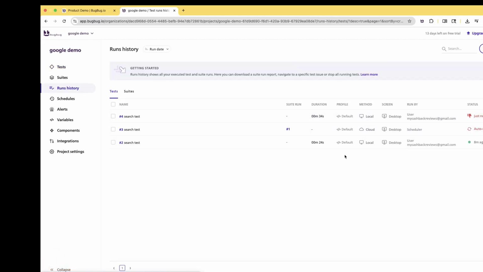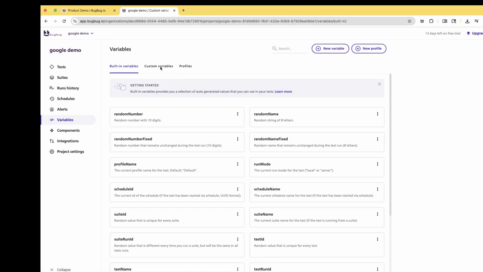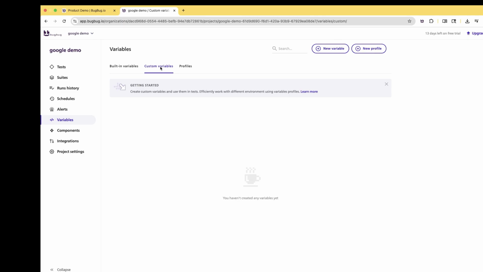And in the run history, you can see that it auto retried and why it failed. The element does not exist. So that's one of the cool things. You can even create a custom variable,